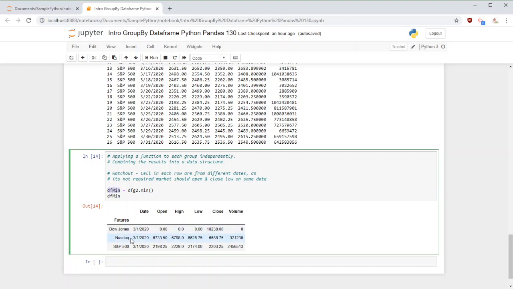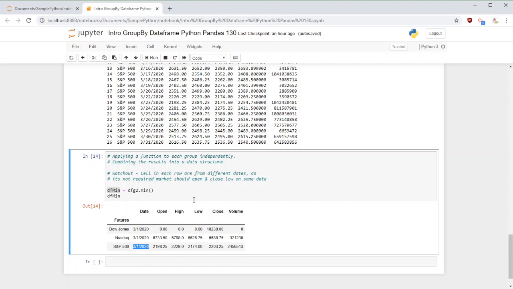Here if you watch out, for Dow Jones the minimum is on March 1st, values are 0. Nasdaq minimum is once again March 1st. S&P once again March 1st. This is something not right. The reason it behaves like this is that for each column it does a separate analysis and finds the minimum value.